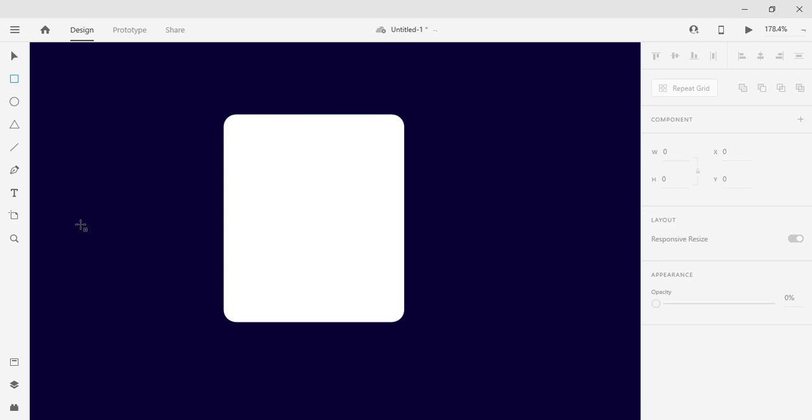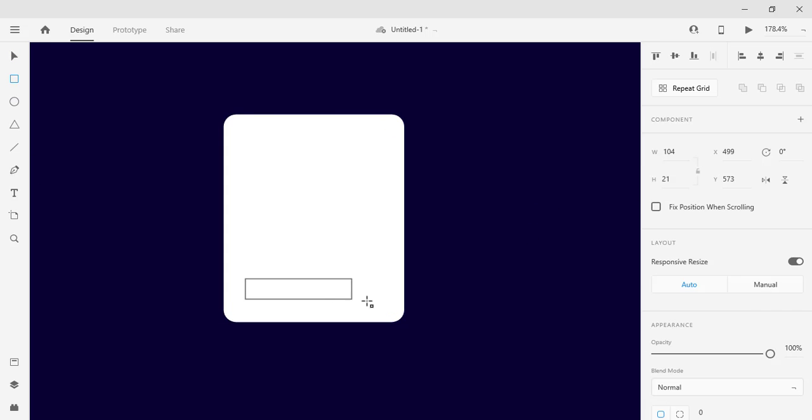Now let's create another button. The height would be 32 and the width would be 120. Yeah, that's fine. Now we need to realign it properly in the center and 20 pixels from the bottom.